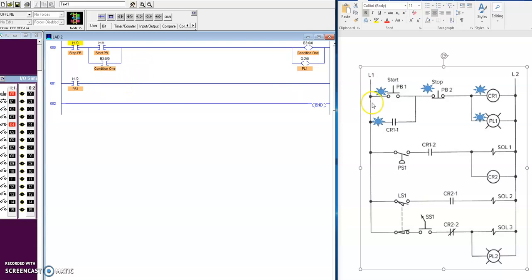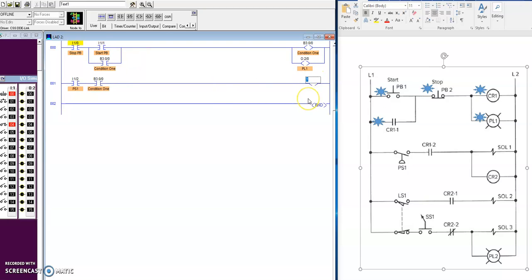The next instruction in my rung is actually going to be another input instruction related to my condition 1 that I've already created. Because if you notice that this is CR1, this contact is labeled CR11, CR12, so both contacts are associated with that control relay. So I'm going to create another input instruction, and it's going to have the same address of condition 1. If both conditions are true, I want to be able to energize solenoid 1 and then also another output instruction. So I'm going to do solenoid 1 first,